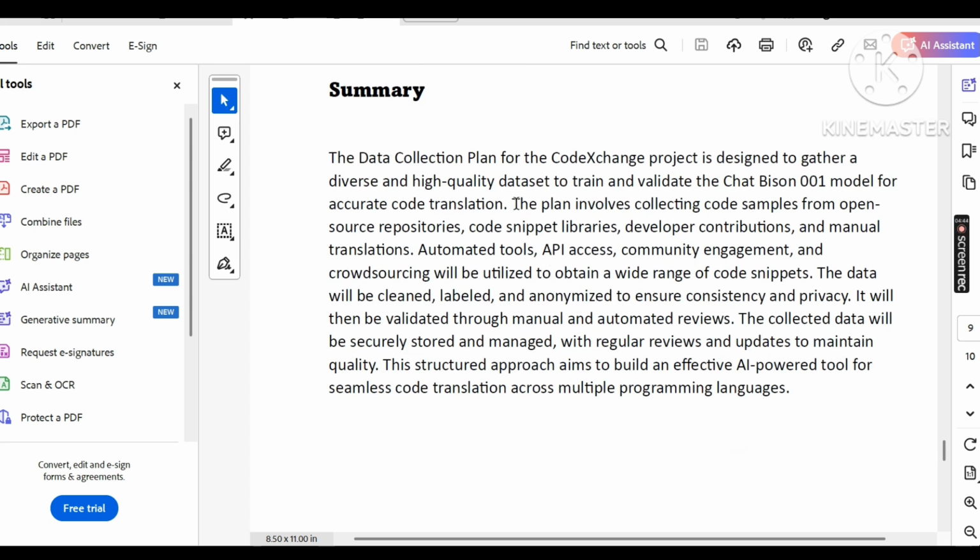Summary: the data collection plan for the Code Exchange project is designed to gather a diverse and high-quality data set to train and validate the Chat Bison 001 model for accurate code translation. The plan involves collecting samples from open source repositories and code snippet libraries, developer contributions, and manual translation. Automated tools, API access, community engagement, and crowdsourcing will be utilized to gather a wide range of code snippets and